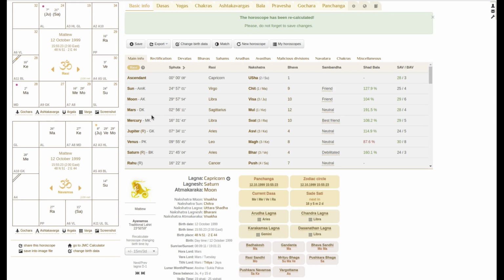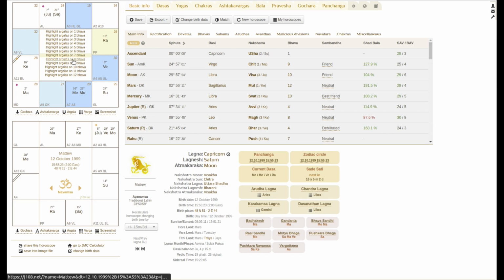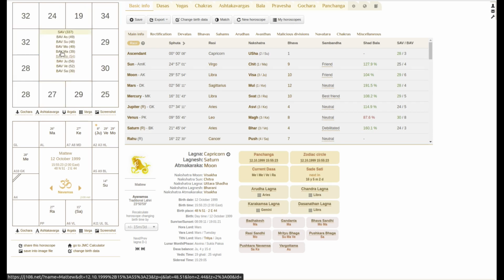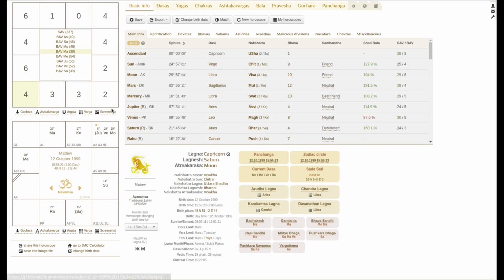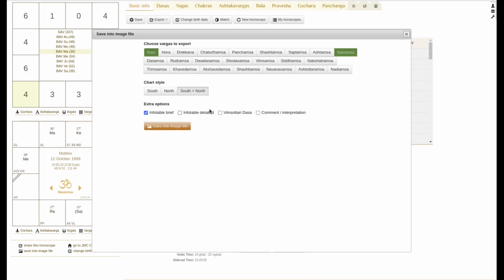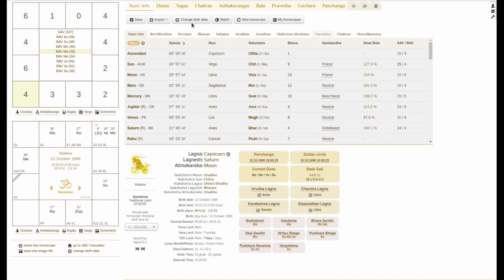If you want to see Argalas, there is a quick toggle here, as well as the Varga selector and Ashtakavarga. You can take a quick screenshot of the chart or you can go to the export screen and take advantage of many other advanced options. You can also share a link to the chart